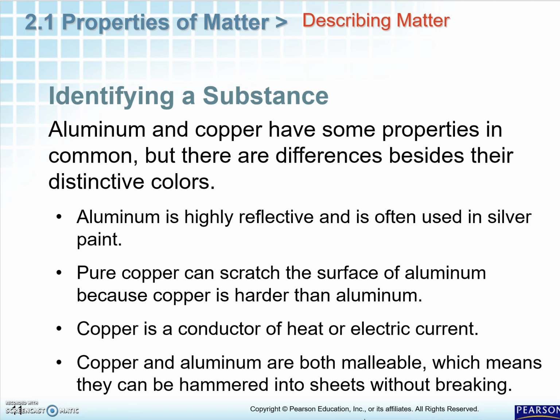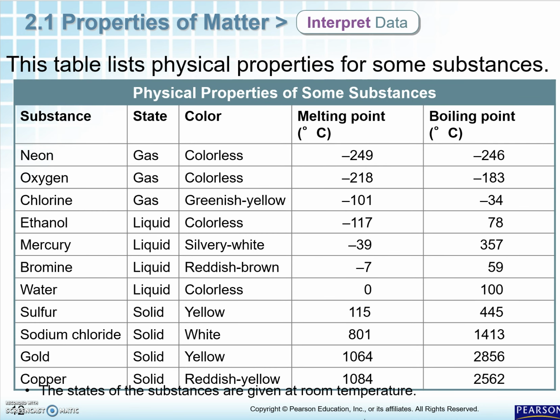Both of these are actually very malleable, so they can be hammered into sheets very easily without breaking them. If you need proof, go to your house and look at the roll of tinfoil. That is all aluminum, and it is in one long sheet. So take a look at this table here, and you see that they have the substance here on the left,